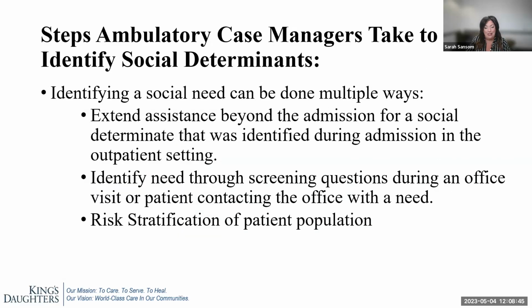Social determinants of health can be identified by multiple outlets using screening questions as discussed on the previous slide. During an admission, when a need is identified, a referral is placed to social work and or case management through risk stratification, patient outreach, or simply by patient request. Alicia is now going to speak in regards to the process that the ambulatory case managers use in facilitating identified needs and transitions of care. Next slide.